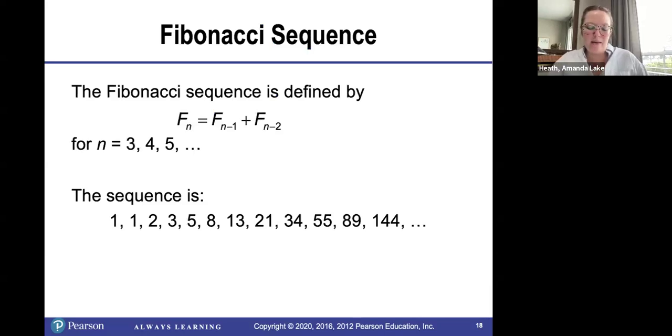All right, and then moving on from arithmetic sequences, we have a different sequence called the Fibonacci sequence. The Fibonacci sequence is actually pretty fun. We don't get into it too deep in this class, but if you have any interest in it, I'd love to talk to you about it more. But it's defined by the nth term is equal to the sum of the 2 terms before it. So for n equals starting 3, 4, 5,